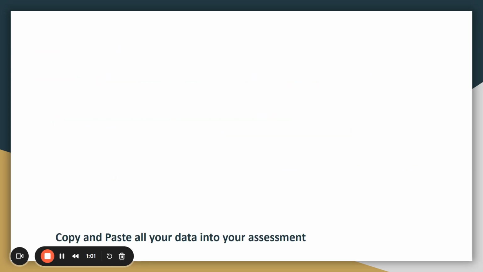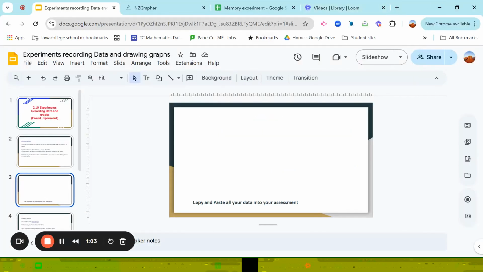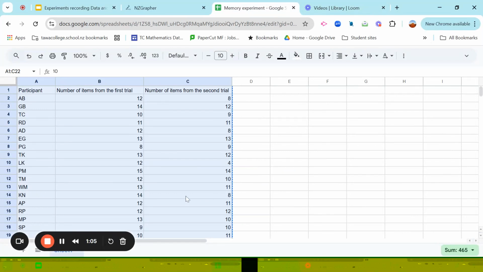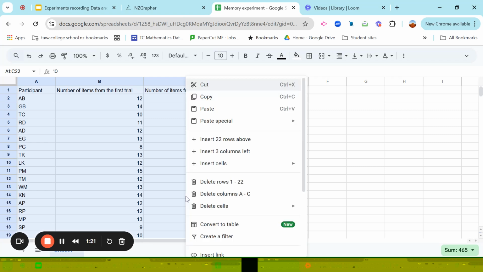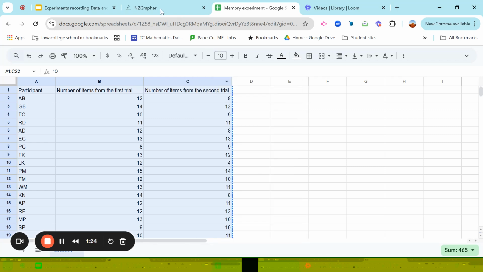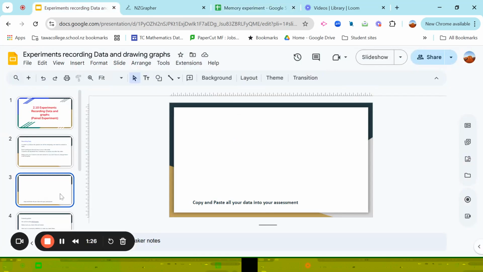So we will take our data from the spreadsheet. In this case, I've used a Google spreadsheet. You can see that I've made the participants just initials to keep a little bit of anonymity in it. And I've labelled carefully the two columns: number of items from the first trial and number of items from the second trial. I'm going to copy that and I'm going to paste it into my experiment